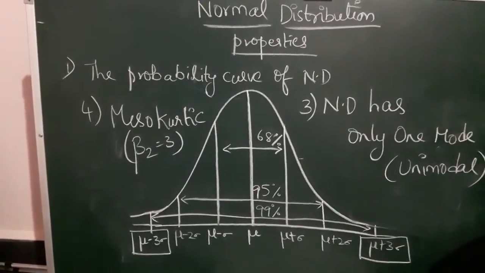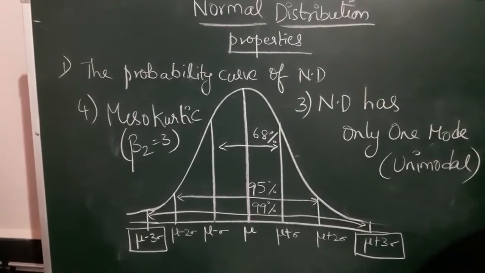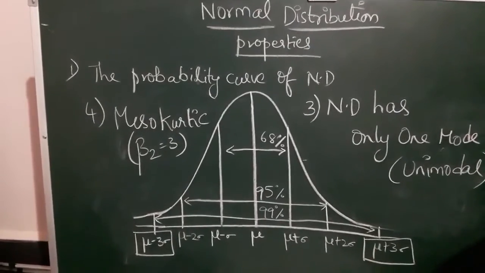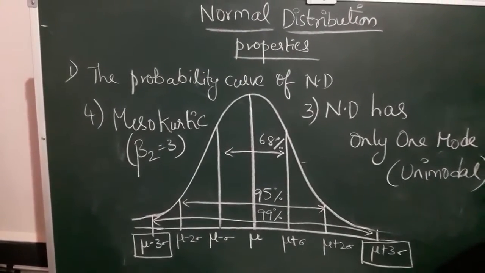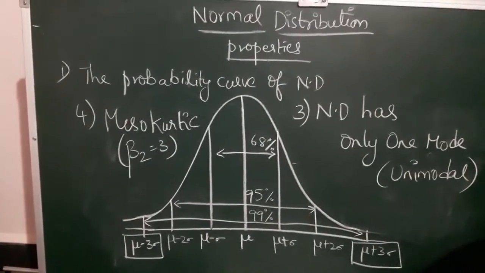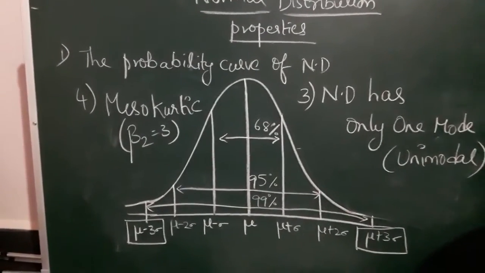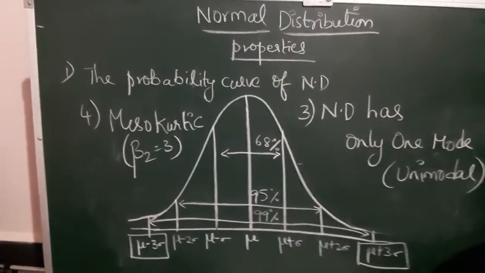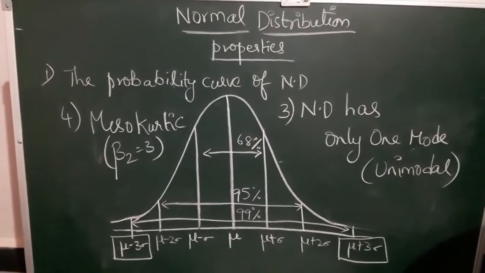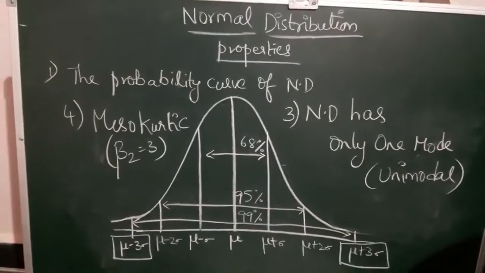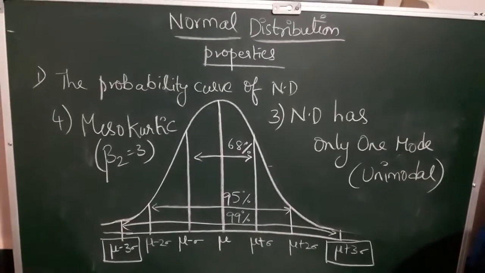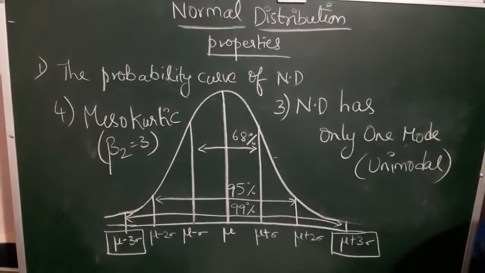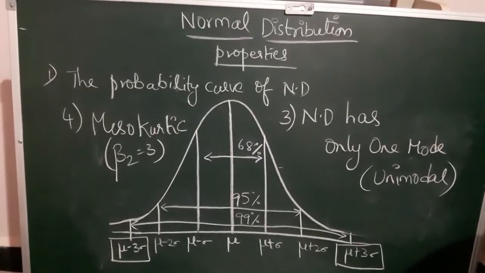There are 3 types of skewness: positive skewness, negative skewness, and symmetrical. Positive means more peaked towards the right, towards infinity. Negative means towards negative infinity, left. Symmetrical means exactly the center, mean, median, mode coincide at one point, right? That's why this curve we call a symmetrical curve about the mean. That's why beta 1 value becomes 0. And kurtosis concept, it is a second type of kurtosis, that is a mesokurtic curve which is in a normal shape. Clear? So let us see few more properties of normal distribution.